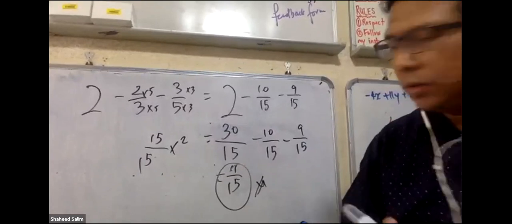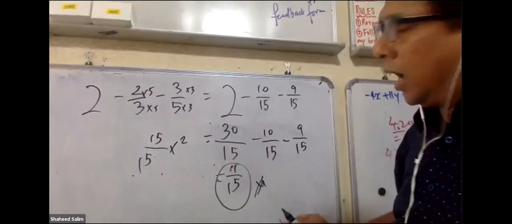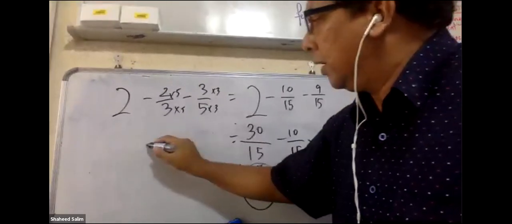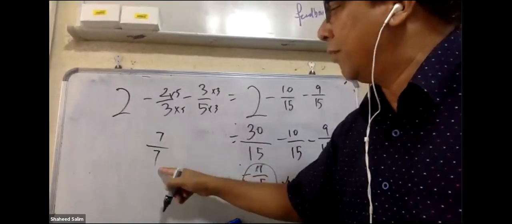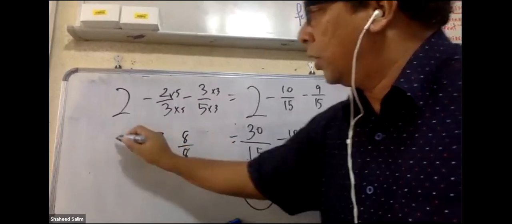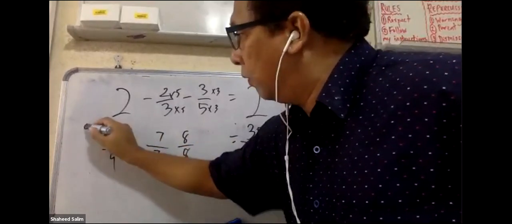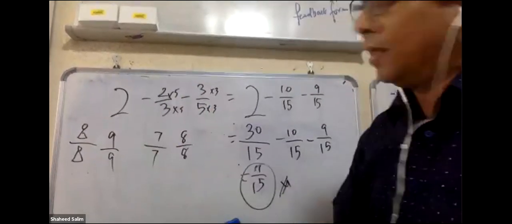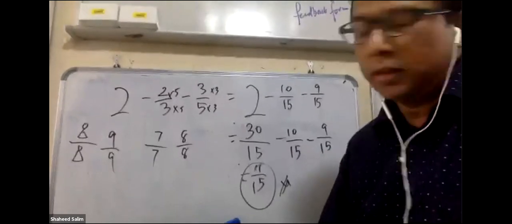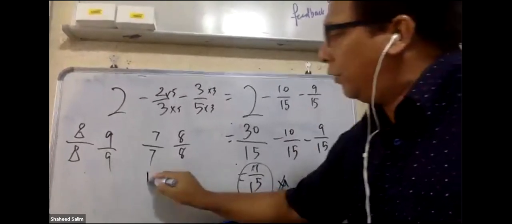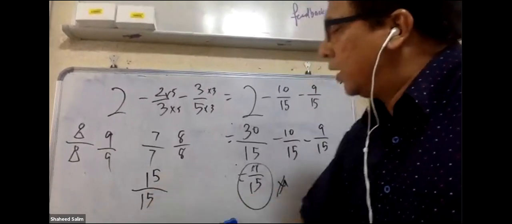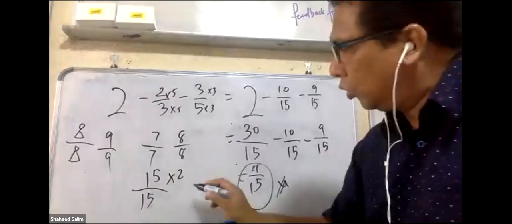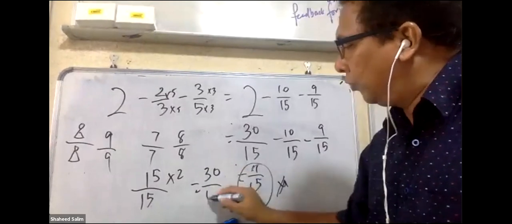Okay? You can change this. If you're not so sure how to change whole to how many over 15, very simple. Ask yourself, 1 whole is 7 over 7, or 8 over 8, or 9 over 9. Same thing. If there's such a thing as girl over girl, banana over banana, apple over apple, that's 1 whole. So down here you're using 15. So take 15 over 15. That's 1 whole. But you want 2 wholes? 2 wholes you times 2 on top. Don't times 2 on the bottom. 2 on top, you get 30 over 15. Then you minus.